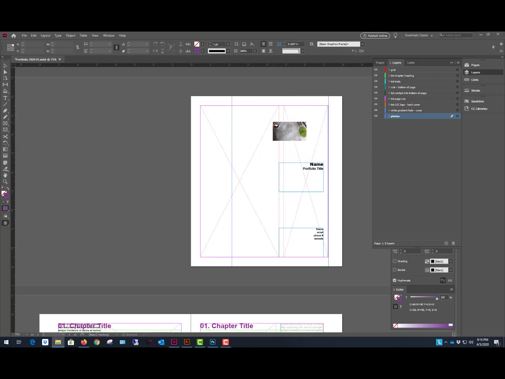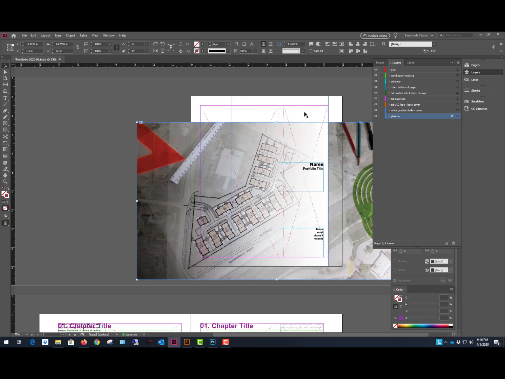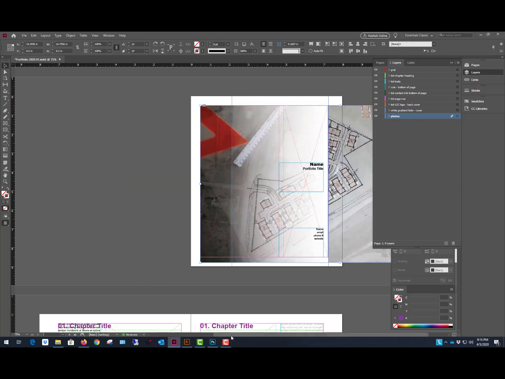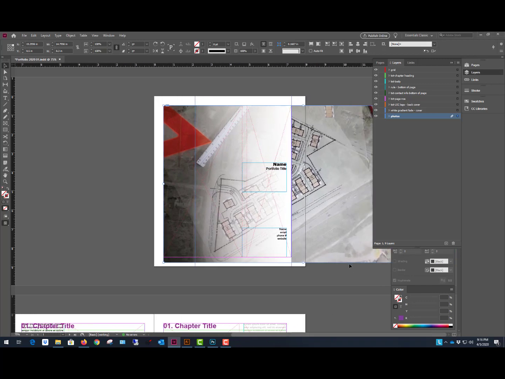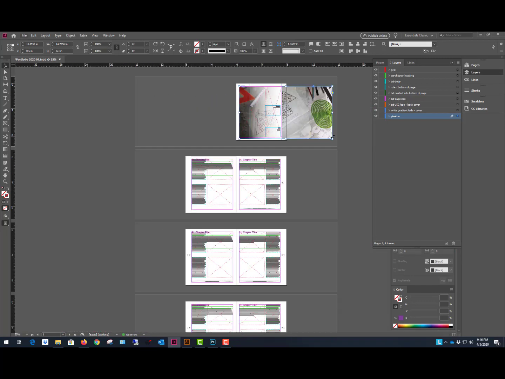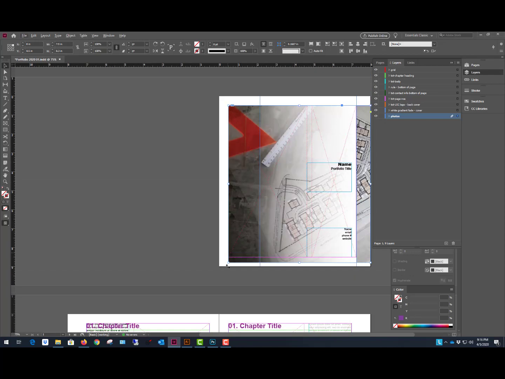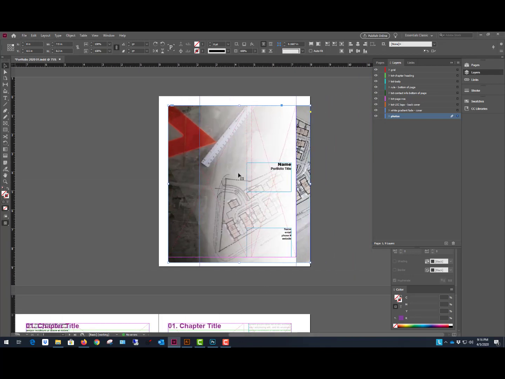So instead of dropping this into one of the rectangle frames, I'm just going to drag it in there. I want this to take up the entire cover from margin to margin. By the way, our margins are 1/2 inch on top, bottom, and inside, and 1 inch on the outsides. So asymmetrical margins, something Gutenberg would have approved of. And now you can sort of see what's happening here with this white gradient fade. So I'm going to go ahead and